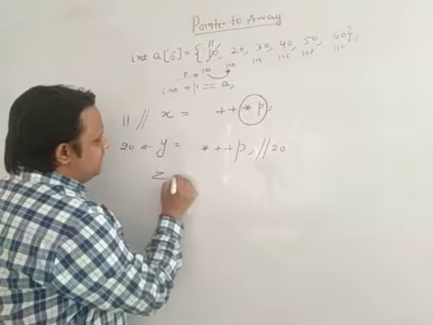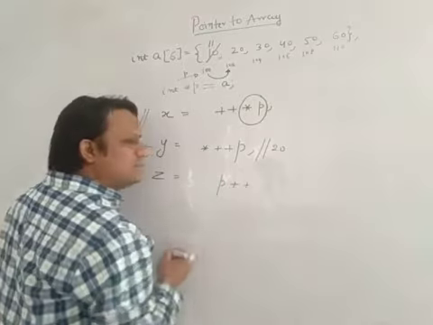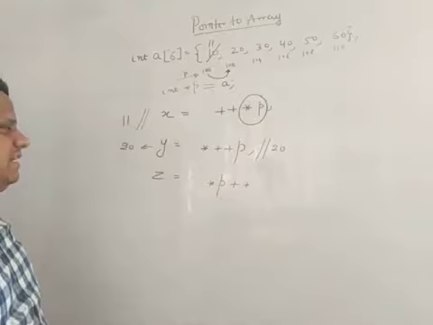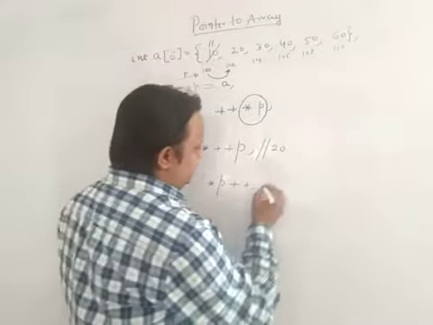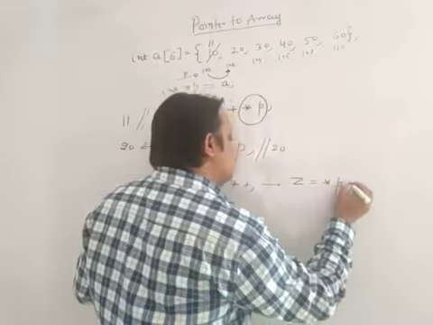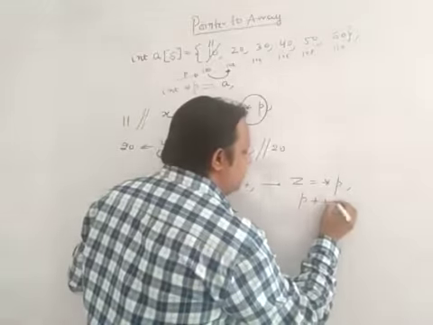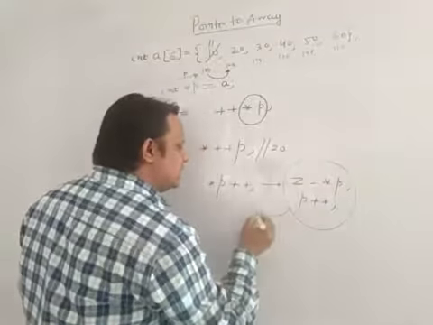And take one more variable z. I am writing z = *p++. So now what is the value of z? Remember guys, when you write z = *p++, it means your z is only equal to *p, and after z is assigned *p, later on you are incrementing the pointer p++. These two lines make this line.